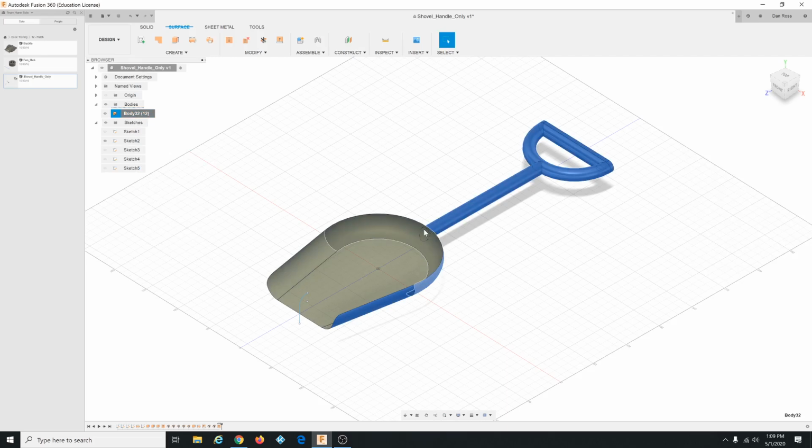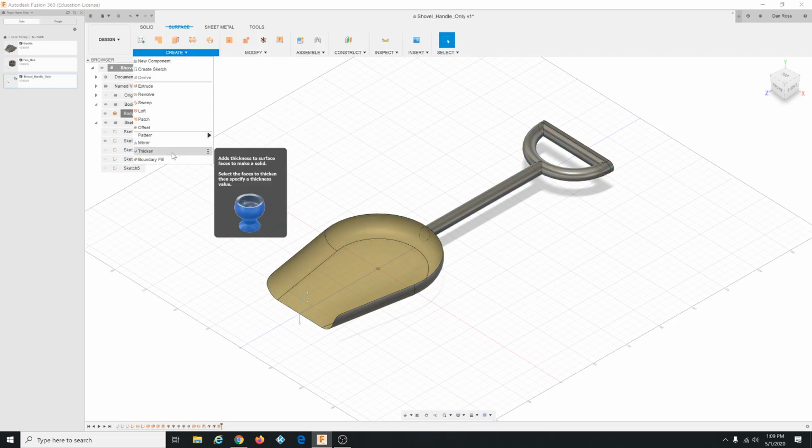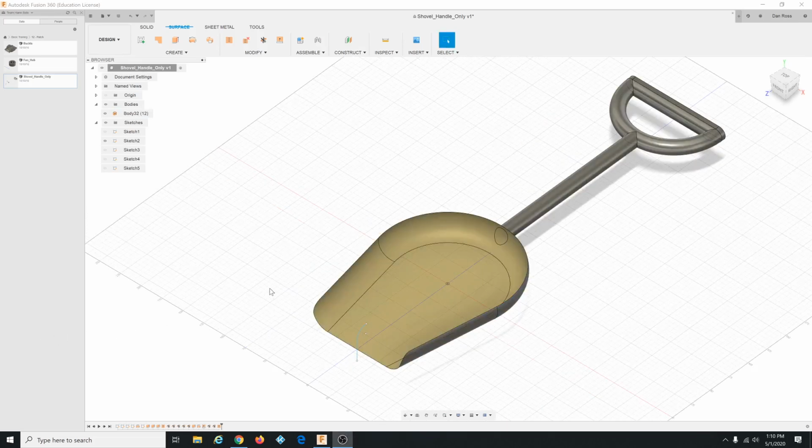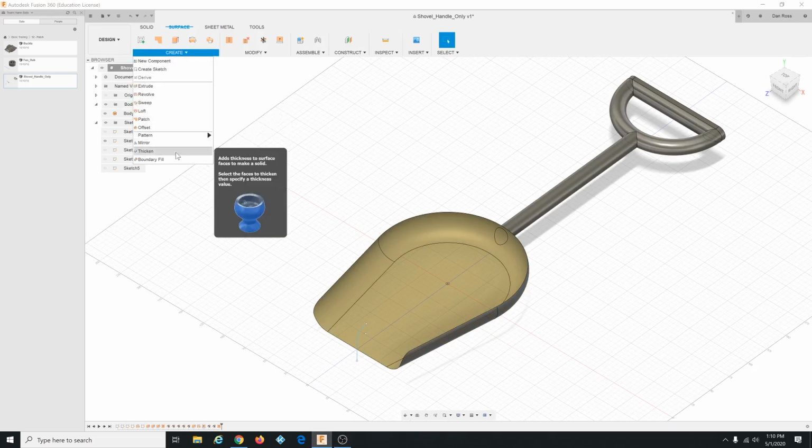Okay, so we want to give it a volume. So to do that, we go to, now it's under the create menu, not modify. It's thicken. It's considered a create now. Sort of makes sense. So click thicken. Then you have to hold down Shift again and click this face, that face. Okay, starting over on this thicken command. Create, thicken,